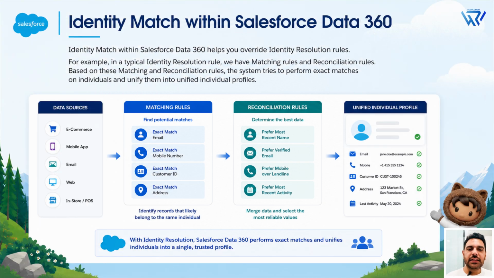Identity match within Salesforce Data 360 helps you override identity resolution rules. For example, in a typical identity resolution rule, we have matching rules and reconciliation rules. Based on these matching and reconciliation rules, the system tries to perform exact matches on individuals and unify them into unified